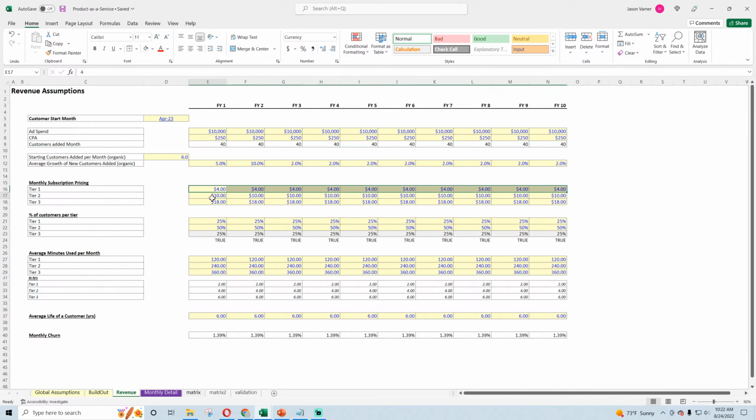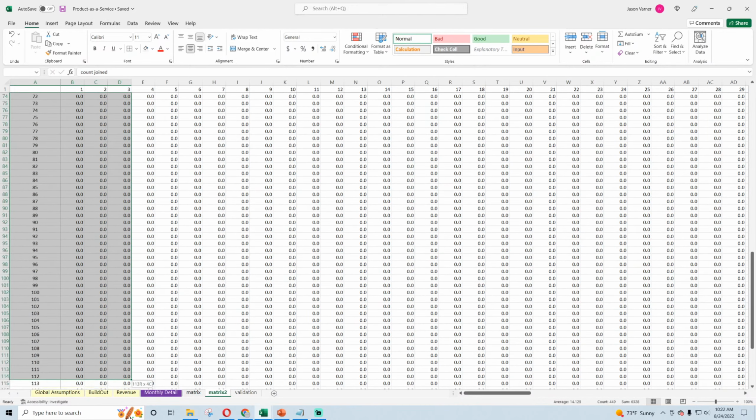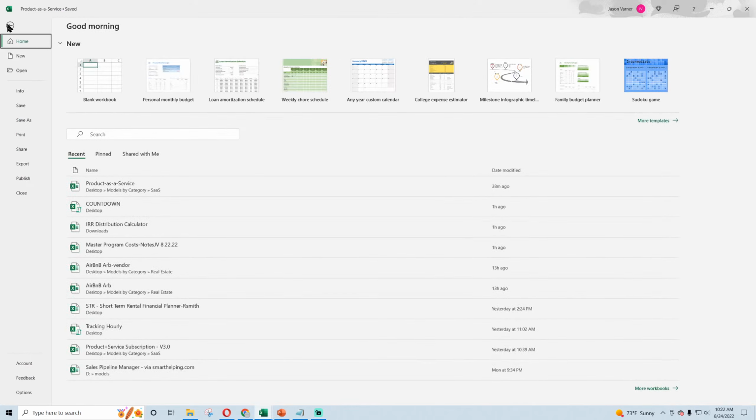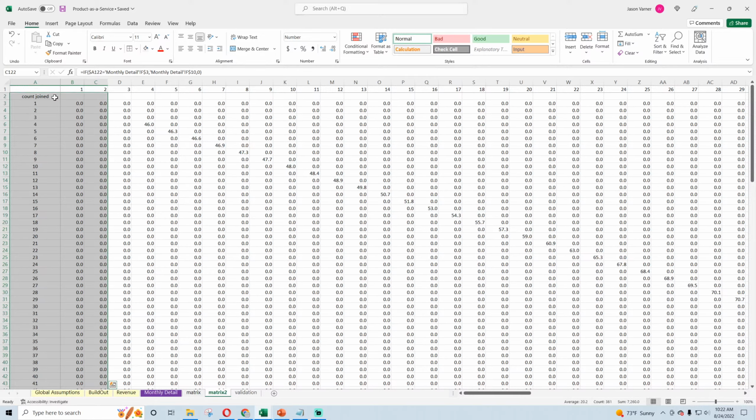And so that means we just reference this dynamically depending on the year. We don't need a dynamic year, but we do need a dynamic age for sure of each cohort, and I believe that's what we'll do next. Because we need to know the age to know how many customers are left at a given point in a cohort. So let's do that. So we got count joined here. Age.